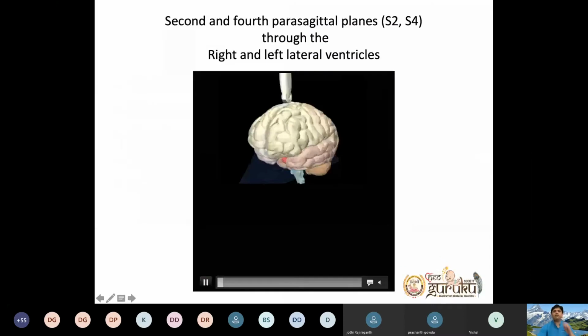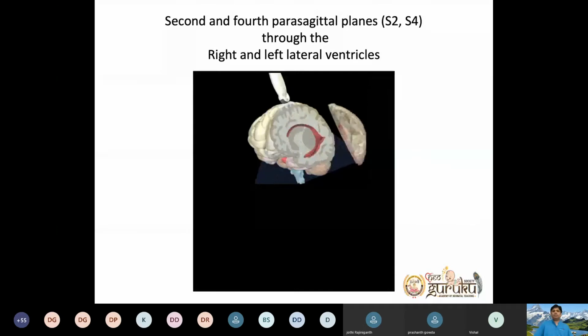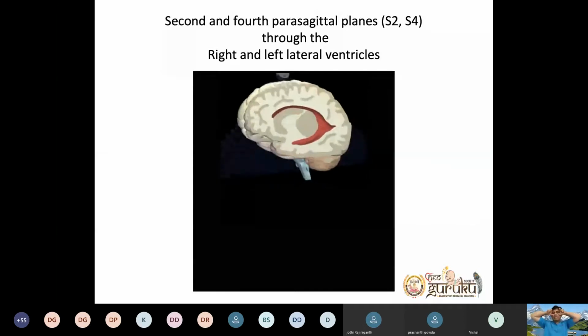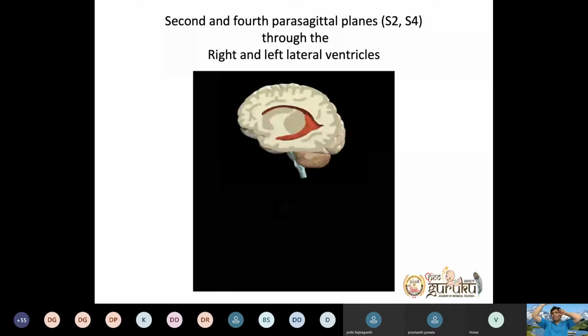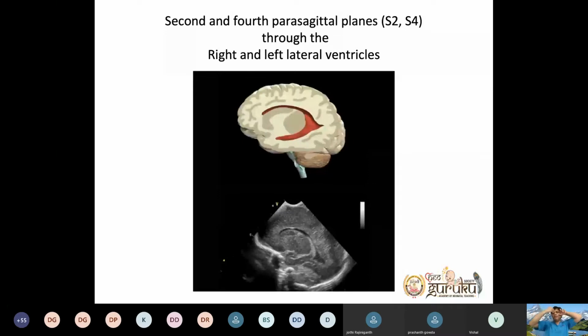Now we are tilting the probe a little to the lateral most. So on the lateral side, what do you have? Two lateral ventricles on either side of the cerebral hemisphere. We had taken a center section where the third ventricle was there. Now we have tilted and we are seeing the lateral side. Maybe another few minutes I'll complete this one, then we'll go on to answers. This section is important because you are trying to see the caudothalamic groove.